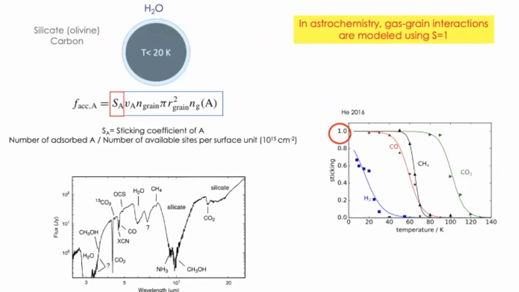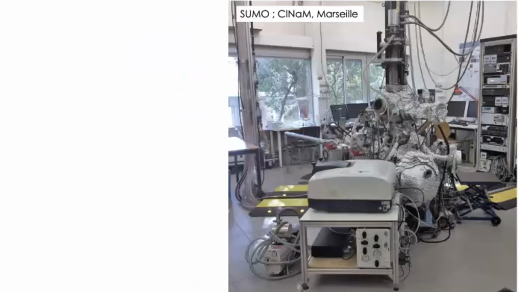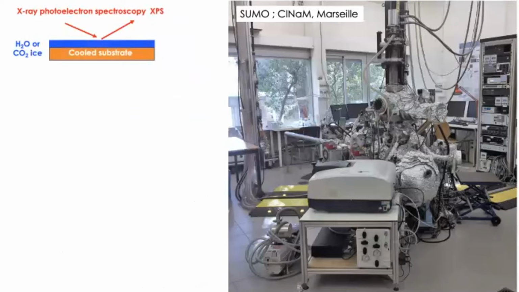All the experiments that have been done so far have been recorded on flat surfaces like this one. And it was a nice surface condensed on a copper plate held at the indicated temperature. And the question was, does the size play a role in the sticking coefficient? So for this, we have developed a new method for measuring the sticking coefficient using an old technique, X-ray photoelectron spectroscopy.